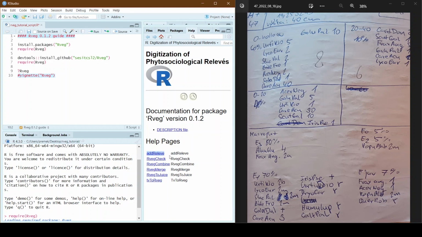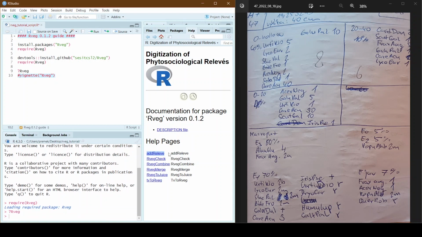Starting out with the add_releve function, which is the most important and main function, and which allows you to create the relevés and edit them in a database.